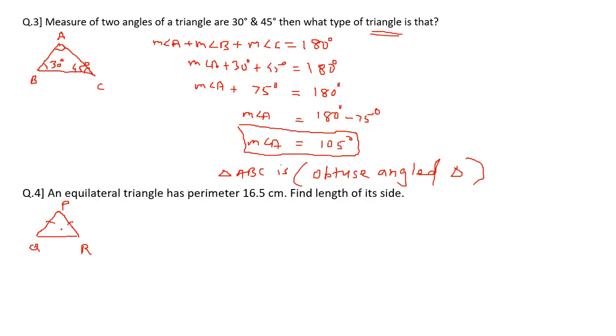Equilateral means all sides are congruent. But perimeter means sum of all these three. So length PQ plus length QR plus length PR